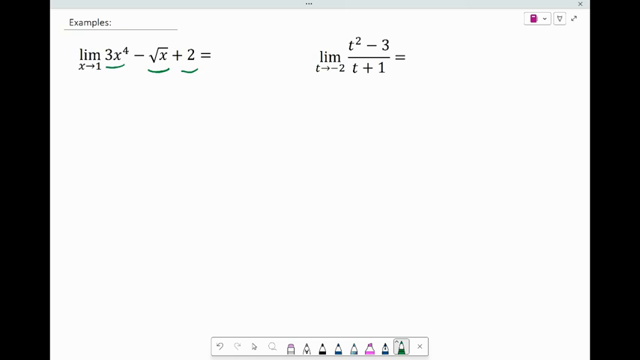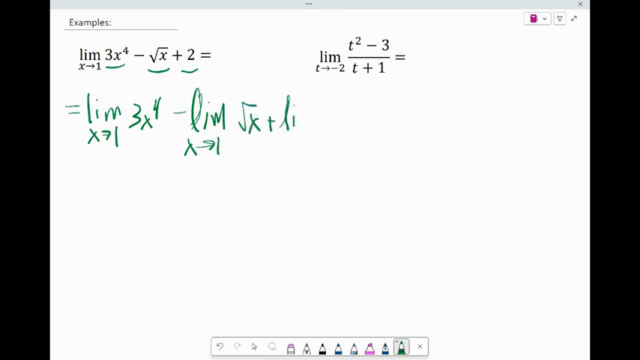But what we've also learned is that we can probably combine a bunch of those steps into one function. So I'll try this. I'll start this one as 3 separate limits: the limit as x approaches 1 of 3x to the 4th, minus the limit as x approaches 1 of the square root of x, plus the limit as x approaches 1 of 2. And then you can further break this down like we did before, the limit as x approaches 1. Take the 3 out,